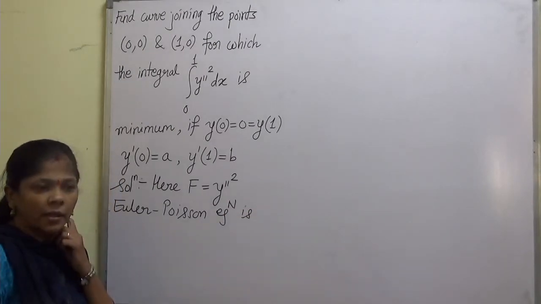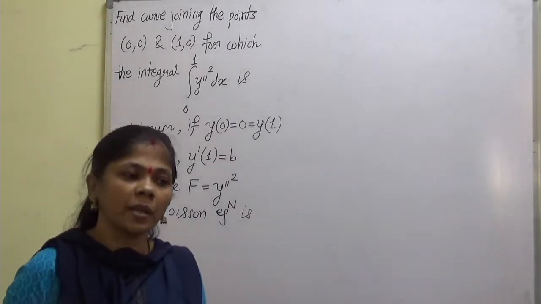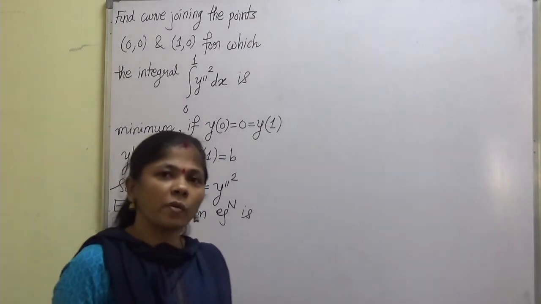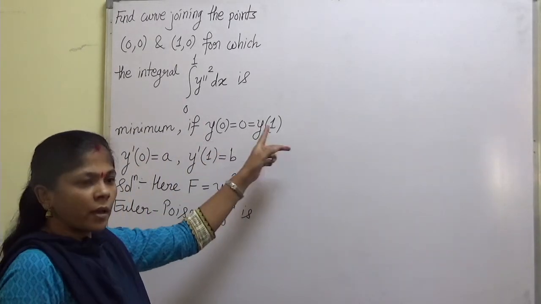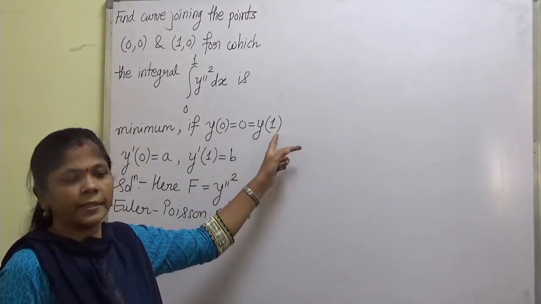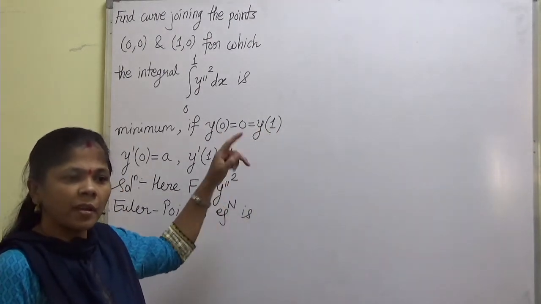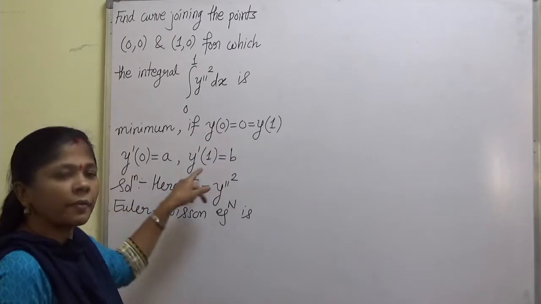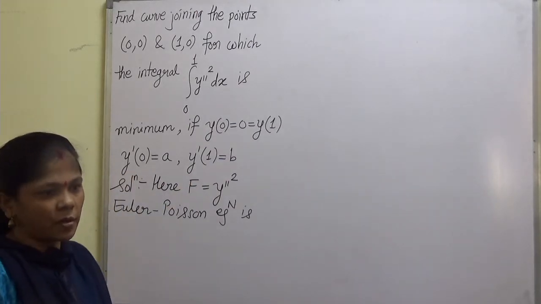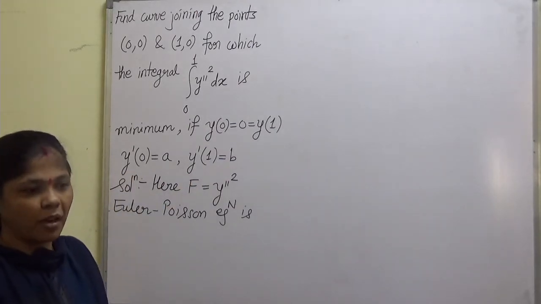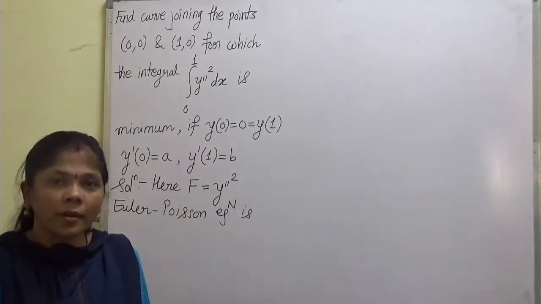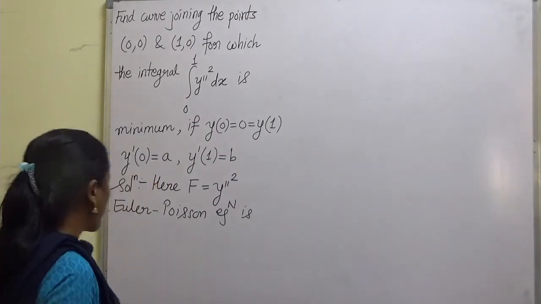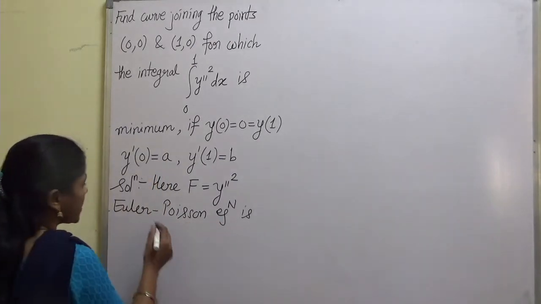Remember one thing: when the conditions are given for a functional involving a second order derivative, there will be two conditions on the curve itself, that is in terms of y, whereas two conditions will be in terms of its first order derivatives. This has to be remembered if you really wish to get the values of the arbitrary constants involved in the equation.